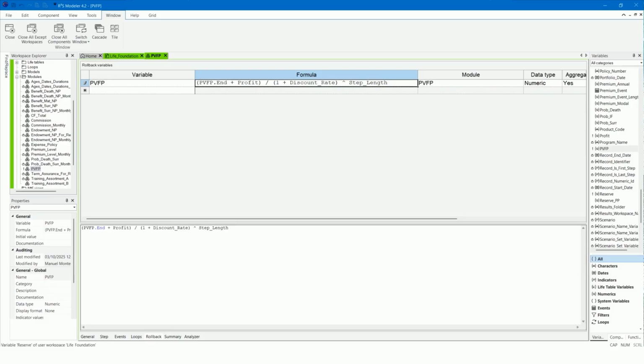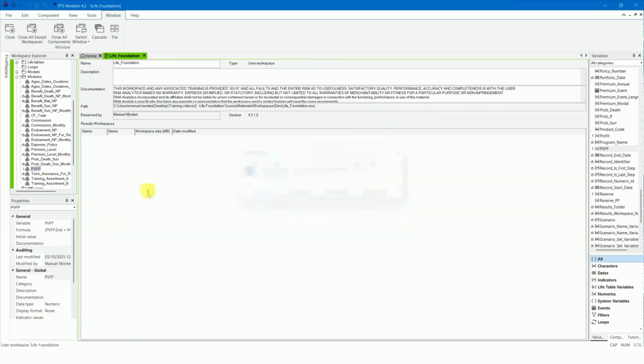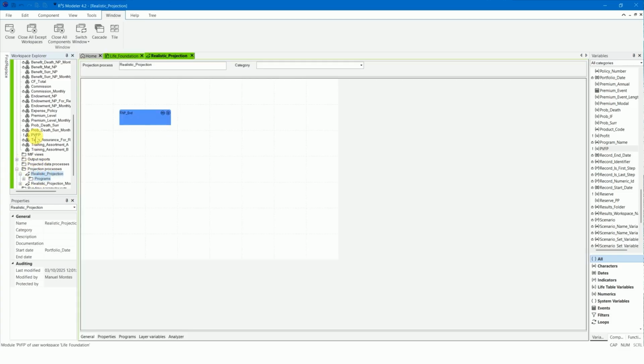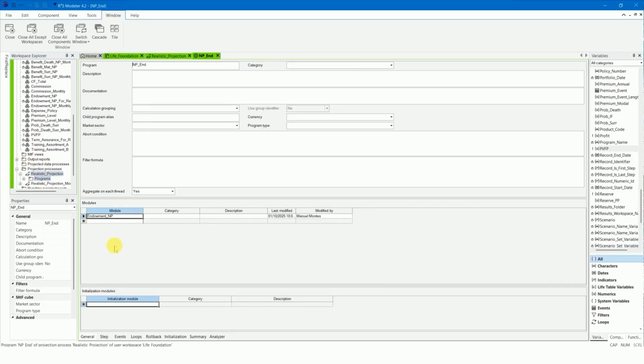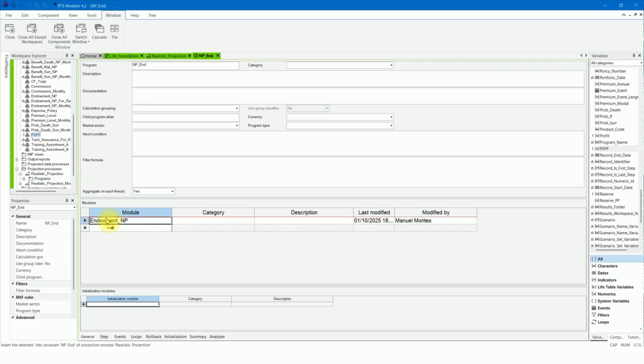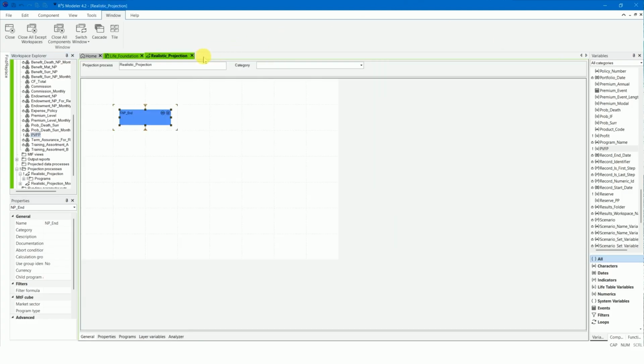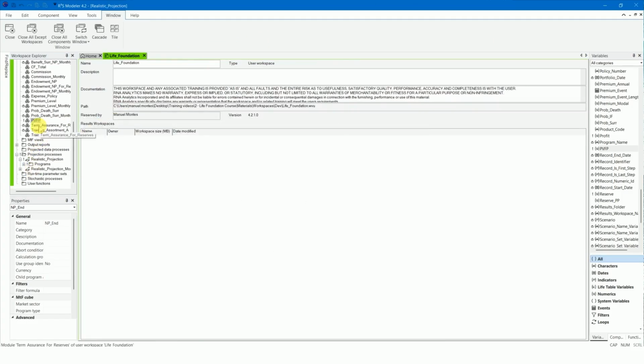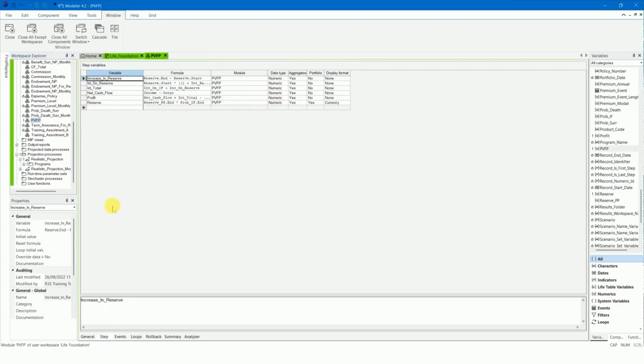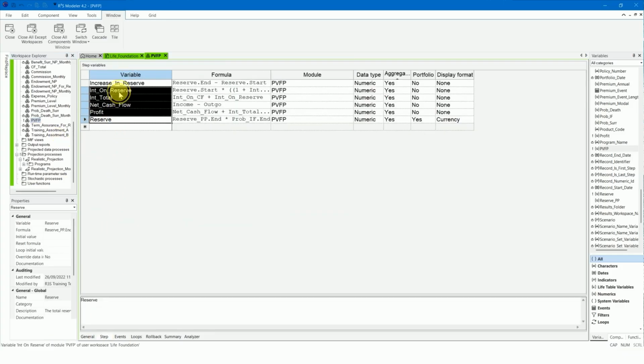Once the formula has been completed, add the PVFP module to the NP-End program in the realistic projection process. Update the output report to include variables reserve PP and PVFP plus all the step variables in the PVFP module.